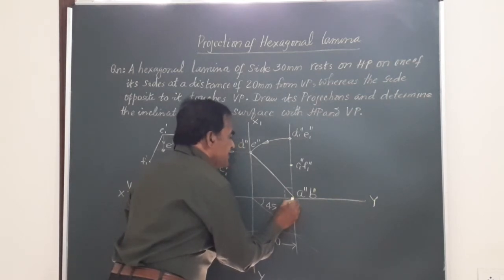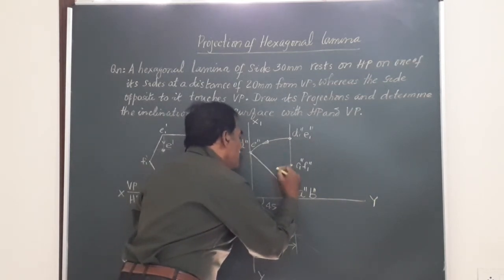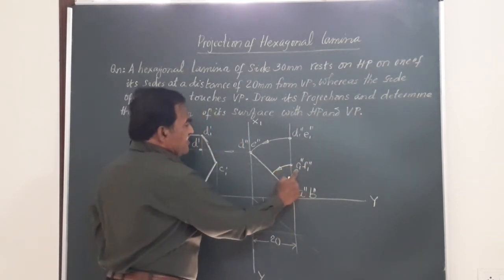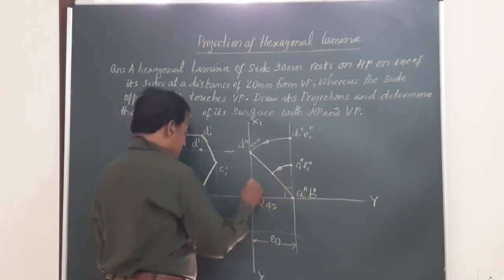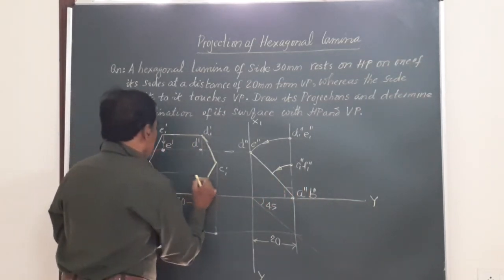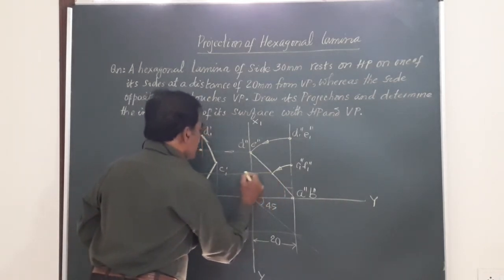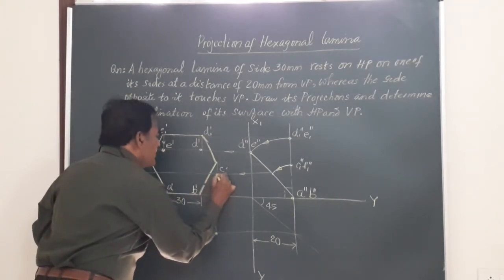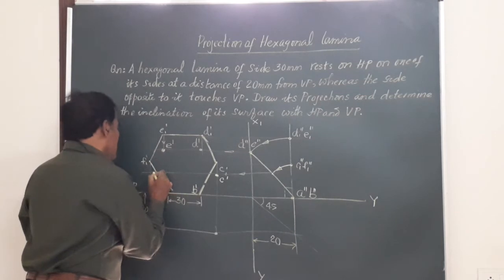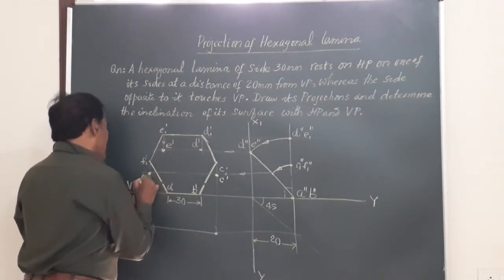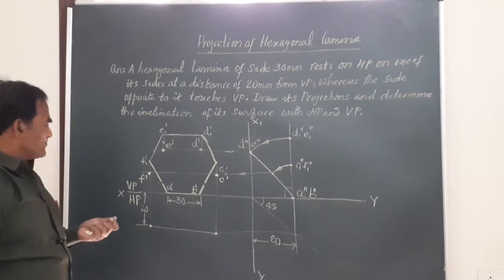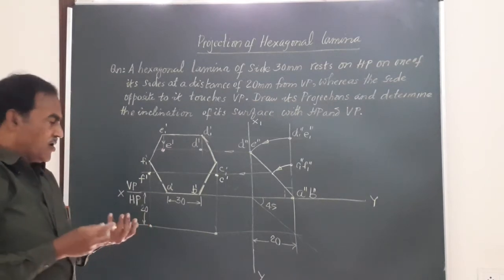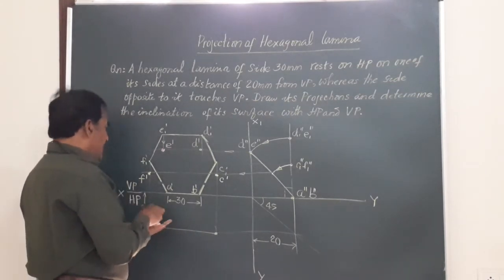I follow the same procedure. Taking A', B' as center, this distance as radius, I am going to strike another arc. So the point C1'', F1'' has moved to this. So from there, you draw a horizontal line and obtain the corresponding points on the C and F. So friends, this is going to be the final C', and this point is going to be the final F'. Friends, in the front view you can see you have got all the 6 corners of the hexagonal lamina, join them by straight line.